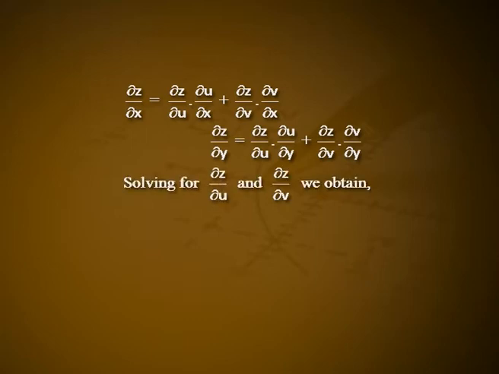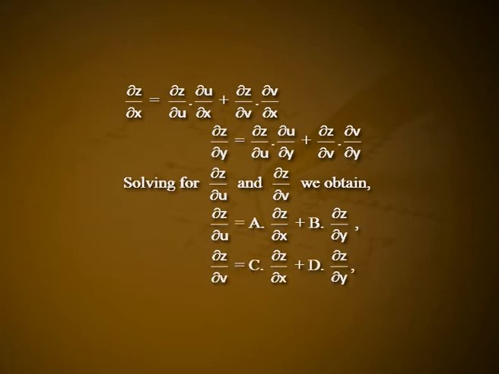Solving for ∂z/∂u and ∂z/∂v, we obtain ∂z/∂u equal to A times ∂z/∂x plus B times ∂z/∂y, and ∂z/∂v equal to C times ∂z/∂x plus D times ∂z/∂y, where A, B, C and D are given by the expressions